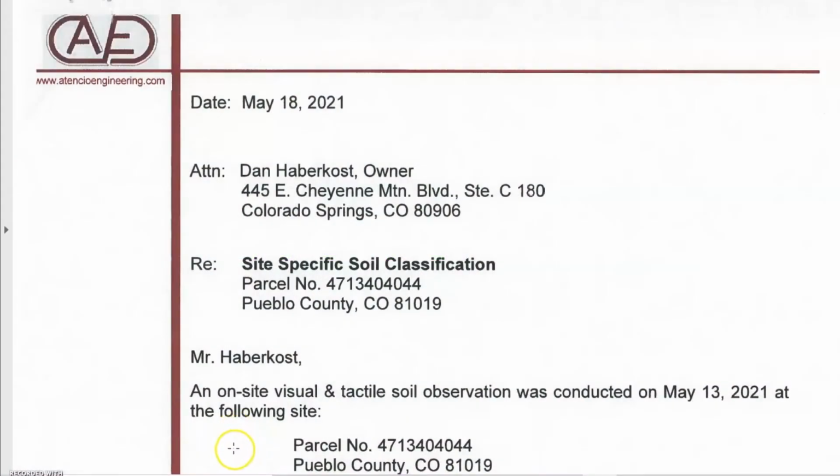So I mentioned at the beginning that many of these steps are being done simultaneously, and this is especially true with the soils report. This is often a contingency clause in the contract that you're going to have a preliminary soils report done before closing on the land. Now, in the cost line breakdown I started with at the beginning of the video, I got that lot for $1,000, so I wasn't worried about it. But if I'm buying in Pueblo West and I'm going to pay $20,000, $25,000 for a lot, I want a